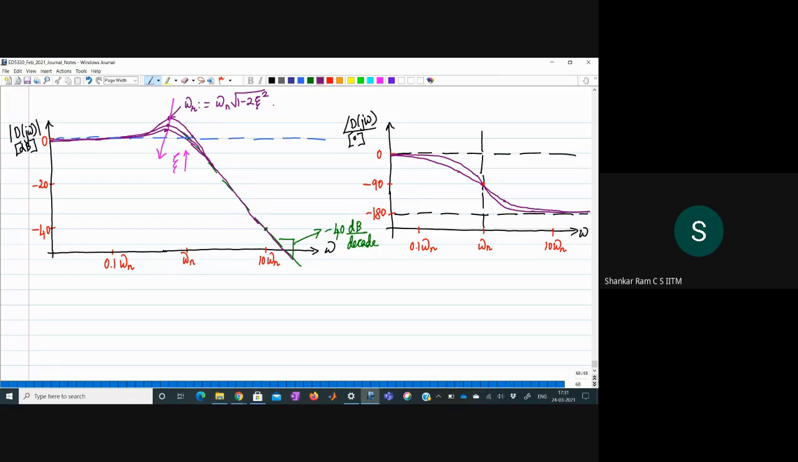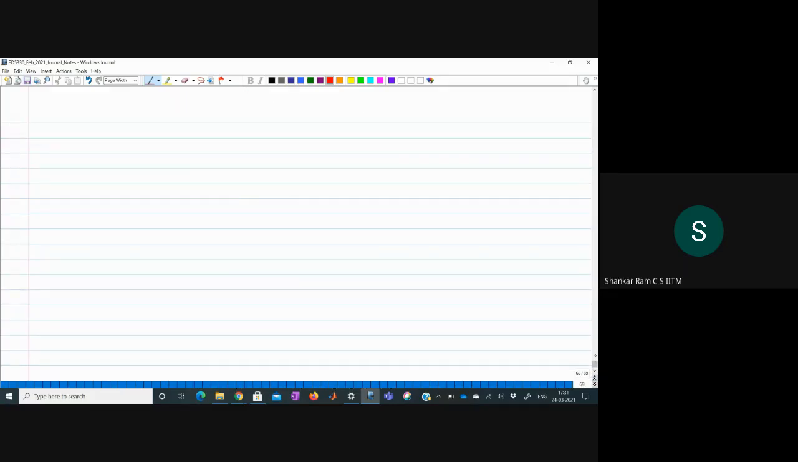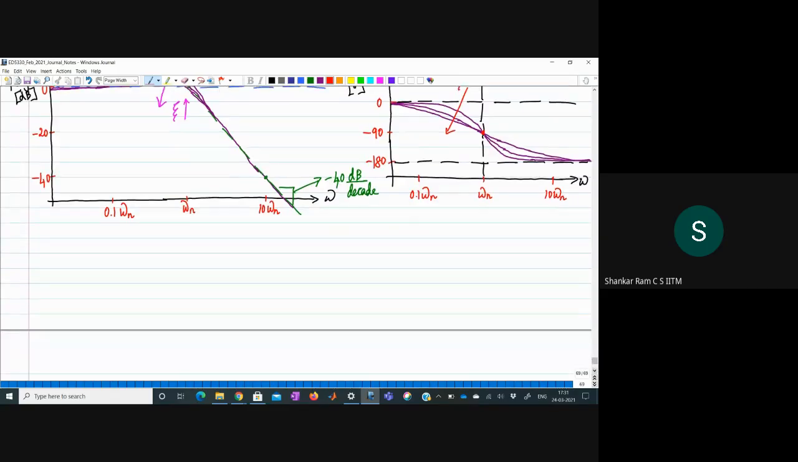Okay, so as zeta keeps on increasing, it gets more opened up. It is going to vary between 0 and minus 180, but the profile of the curve is going to change, like this. Okay, so that's how it's going to look. All right, so these are the magnitude and the phase plot of this factor,